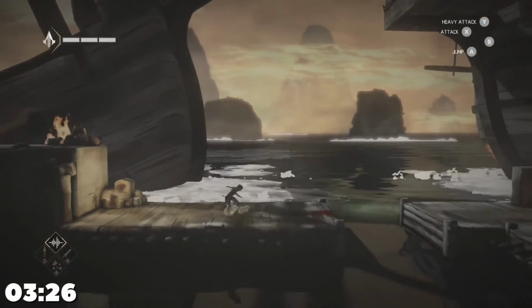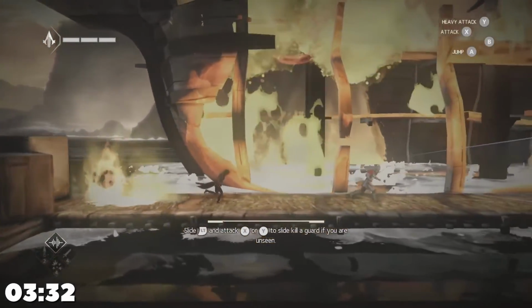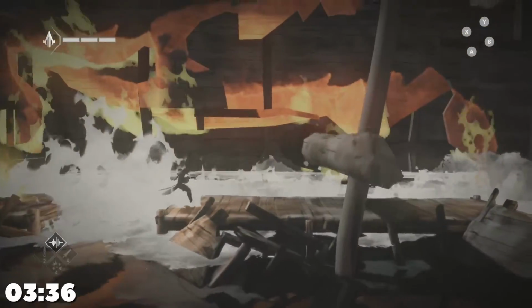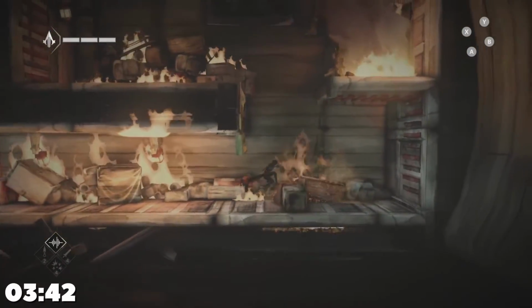This is now the last section of the level, so just keep moving forward. We are going to go over this section over here, and then now we are going to be running away from some flames. Then we are going to go for a slide assassination on that enemy, and then sliding under that once again. Now that we are in this burning ship, we are in the last section of the level,